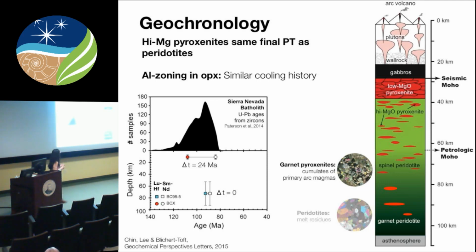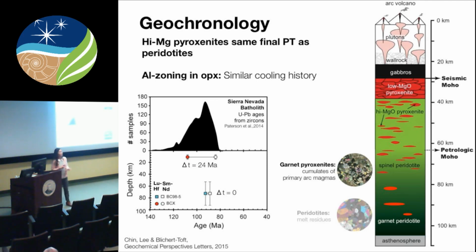These are cumulate xenoliths, so the second type of xenolith. The reason we did that was because there's just a lot more garnet in these samples, so we have enough material to date. But we also looked carefully at the pyroxene systematics, and we saw that there's similar zonation in aluminum in the orthopyroxene. So we go from high aluminum core to low aluminum rims, which suggests some kind of similar cooling history as